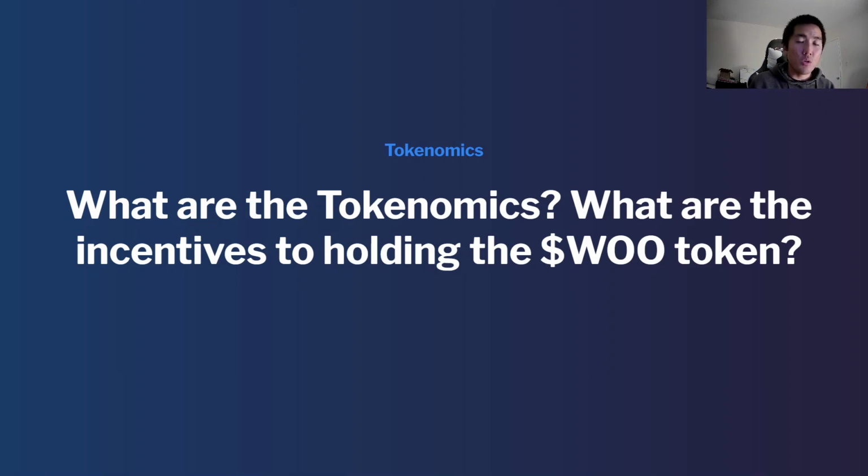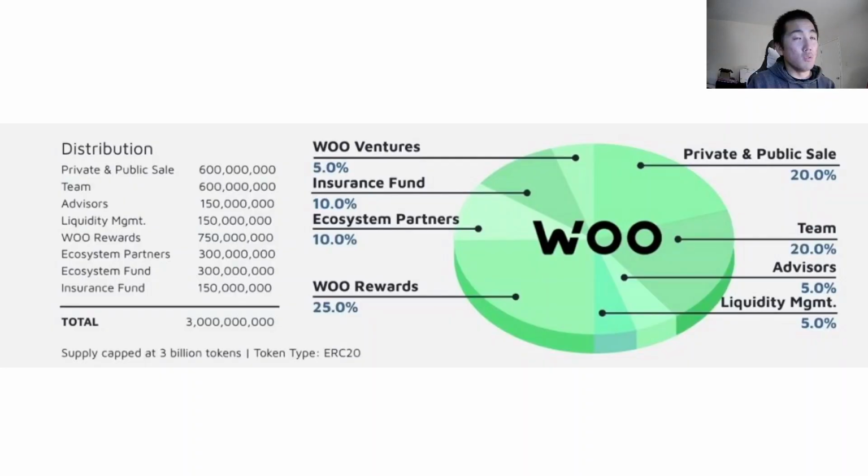They're all pretty cool. So let's go over tokenomics to see how that part actually works. Okay, so let's look at the distribution of Woo tokens. This is pretty much in line with what I've seen with other quality protocols: 20% to the team, 5% to the advisors. You never really want to see a project that has roughly half of the tokens going to investors and founders because they can just dump on you. So this seems in line with a good project.